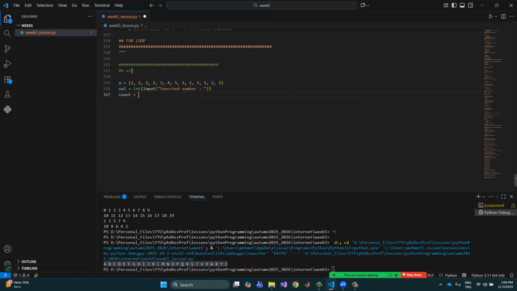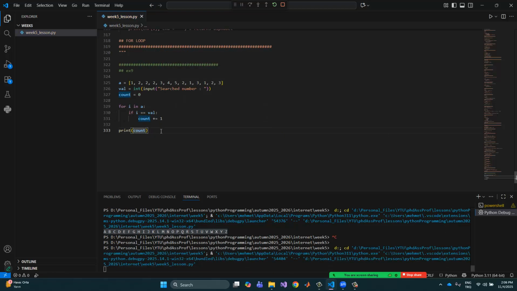Okay, and so we want to find out how many counts for a given character. Okay, and so count is assigned to 0 for I in A, right? A is a sequence, and so we can search every element of the A. Okay, and so if I is equals to the while, and then the count must be increased, and after that we need to print the count values of these terms. Okay,